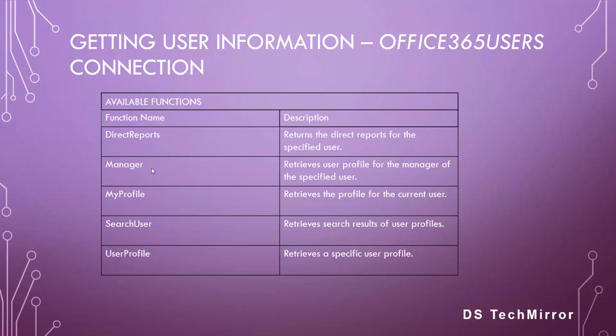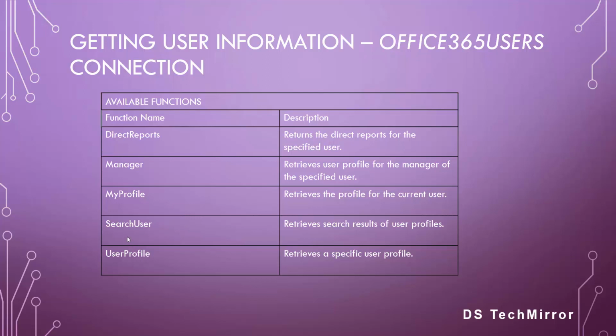search user, and user profile. Using my profile, we can fetch a lot more information about the currently logged in user. Using the manager function, we can fetch the manager details of the currently logged in user or any other user whose email ID we pass as an input parameter. Similarly, direct reports fetches the direct reports of the user information that we pass as input. Similarly, we have user profile, which fetches the user details of the